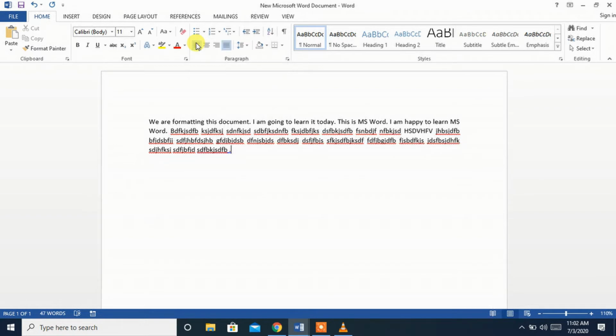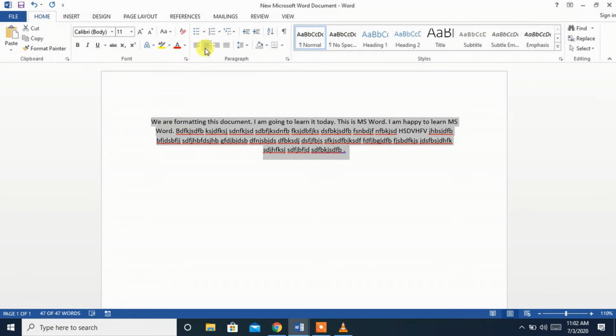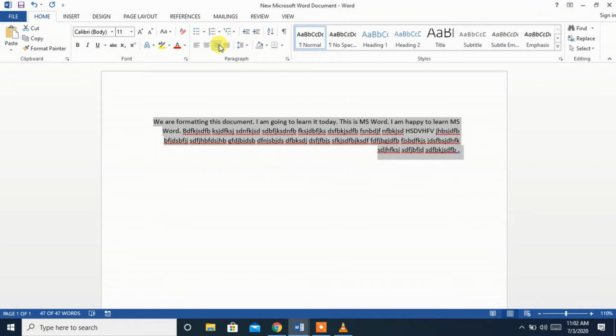This is our left aligned option. If you want to change it to the center alignment, select whatever you want to align, click on the center option. You can see the change in the document. It is center alignment. If you want to right align it, click on this option and it will be right aligned.